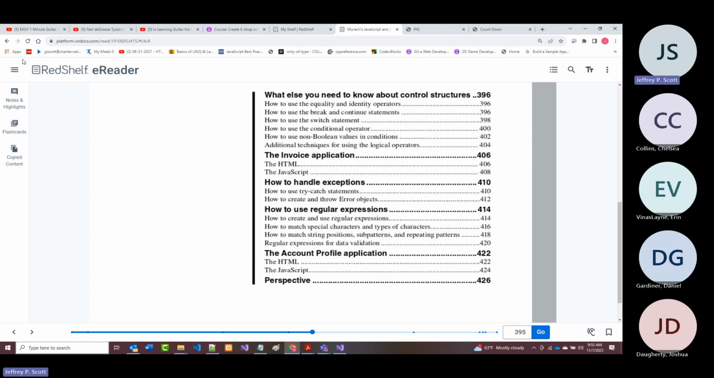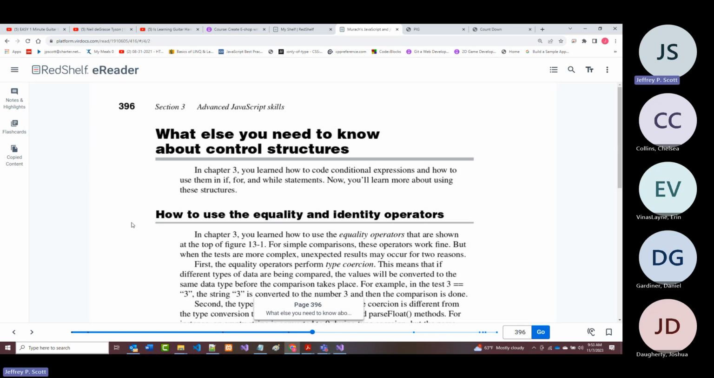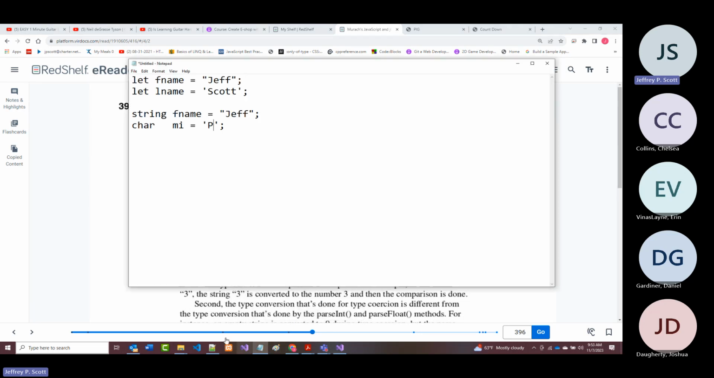Some of the regular expression stuff we've looked at. So you'll notice there is an invoice application in here and there is an account profile application in here, and we'll look at those. All right. Now, it says here equality and identity, and I believe I mentioned this at the beginning of the semester, but